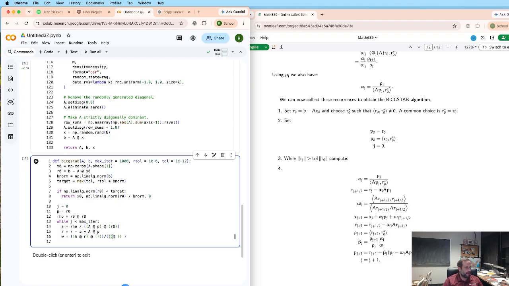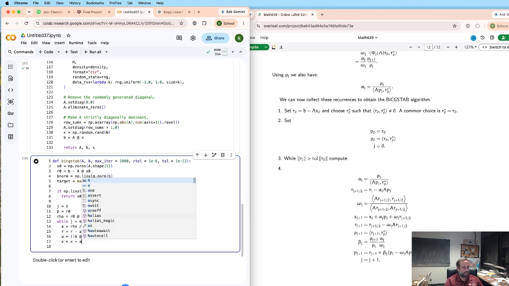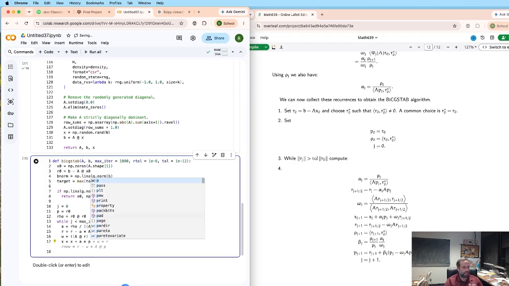So we'll have AR there. Okay, that looks right. That was W, wasn't it? And so now we're on to our update for X. So X is going to be equal to X plus A times P plus